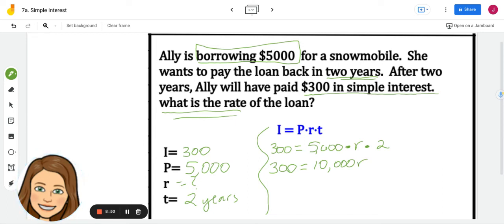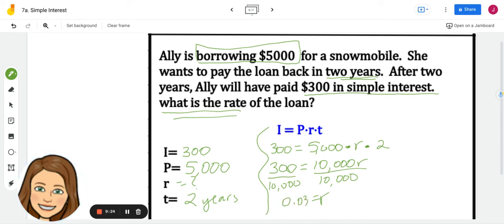This is a one-step equation. We need to divide by the coefficient. What's the coefficient? Hopefully in your head you said 10,000, Mrs. Benoit. Yes, it's 10,000, so we're going to divide both sides by that coefficient. Now be careful here when you put it in your calculator. Remember, NITO, numerator in, denominator out, numerator first. 300 divided by 10,000 gets you